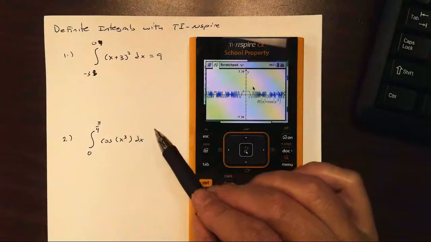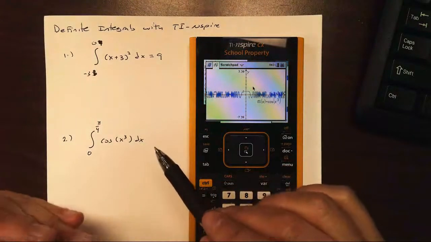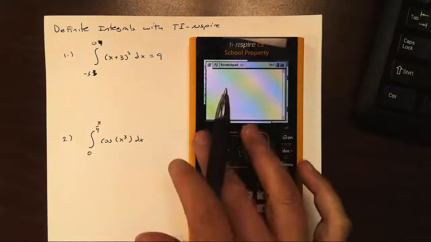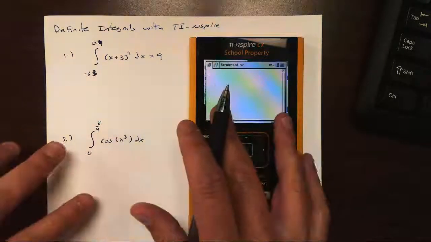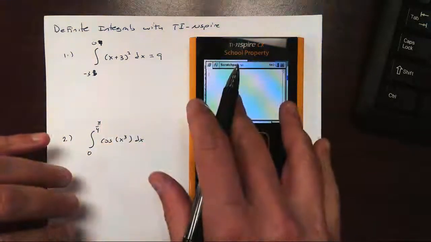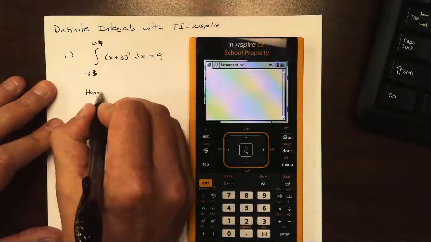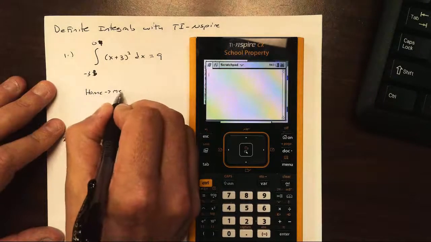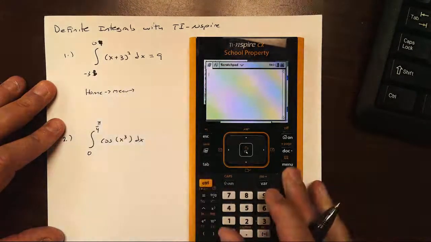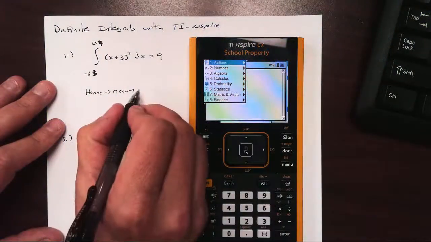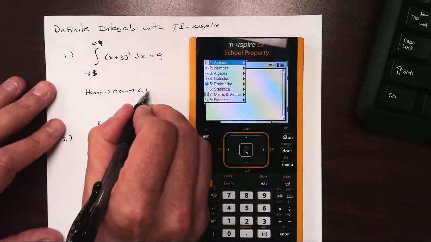So there's another way that I prefer to solve definite integrals, and that's at your home screen. So go back to the home screen right here, and you can type this in directly into your home screen. It's really kind of cool. So on your home screen, what you're going to do is go to Menu. Menu. And you go to Calculus. Oh, look, that might help us with calculus. So go to Calculus,